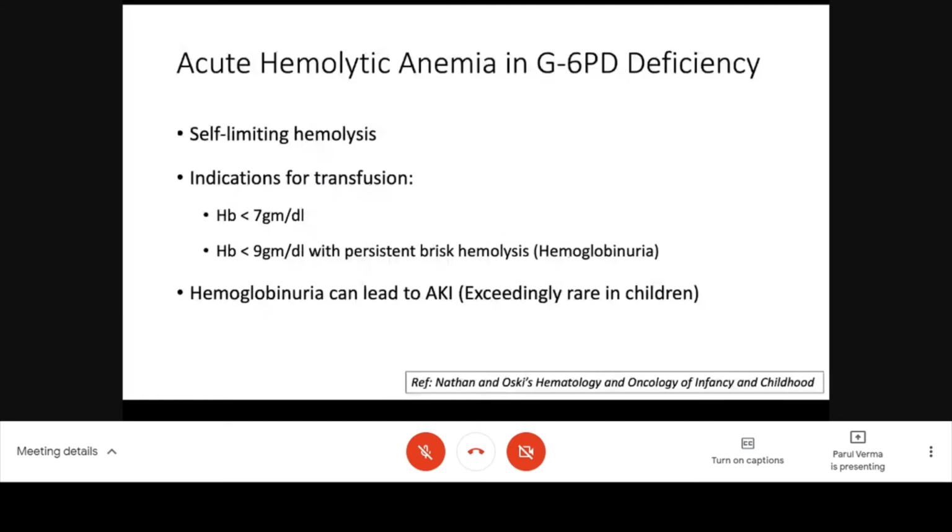And if we practice giving more fluids to these children with the purpose of causing diuresis, we may worsen their CHF because they already have severe anemia. Giving more fluids would cause more cardiac compromise and they may land up with CHF. So hydrating with something like double hydration is never advocated. Routine maintenance fluids should be given, and then packed RBC transfusion, if they are meeting the transfusion criteria, should be followed for any acute hemolytic episode.